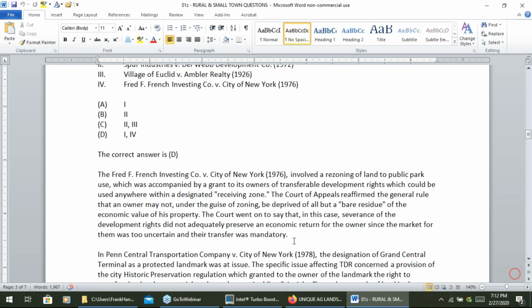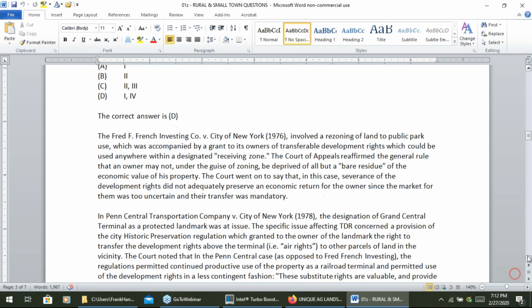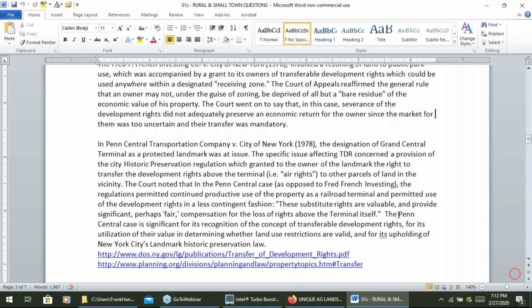That's opposed to the other case here, which is the Penn Central case, where they passed a historic preservation ordinance that said, okay, we want to protect some things like Grand Central Station. You're going to have Grand Central Station left behind. We know that the air above it could be used for air rights to move elsewhere in Manhattan, and there's a hot market for that.